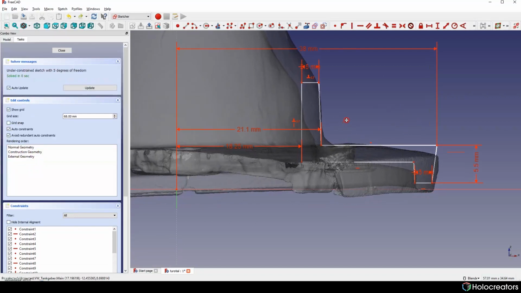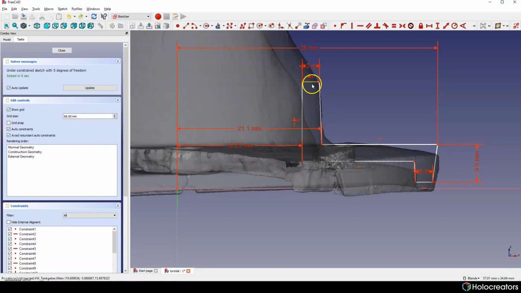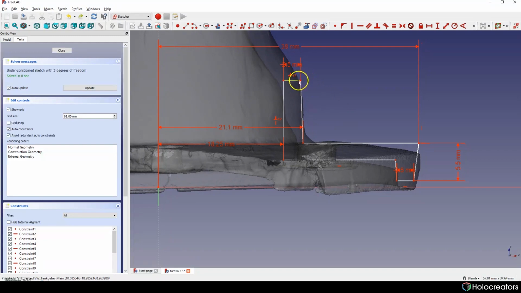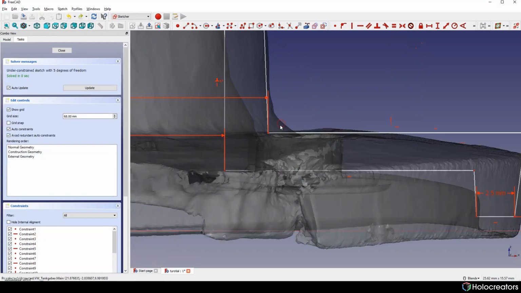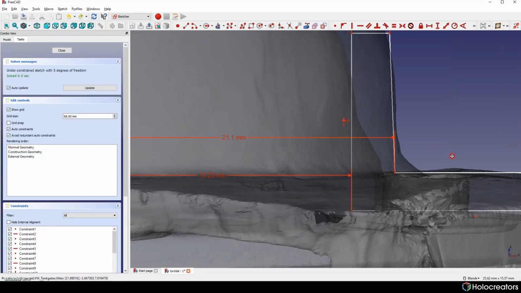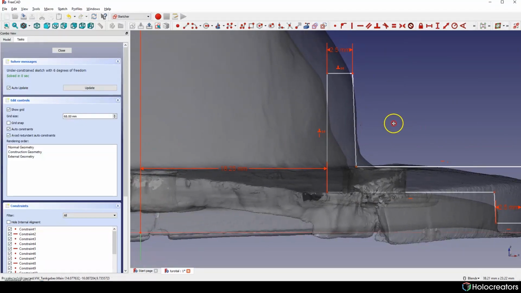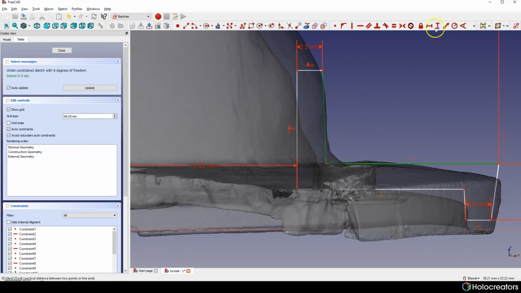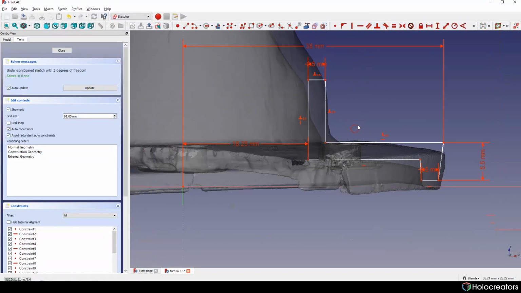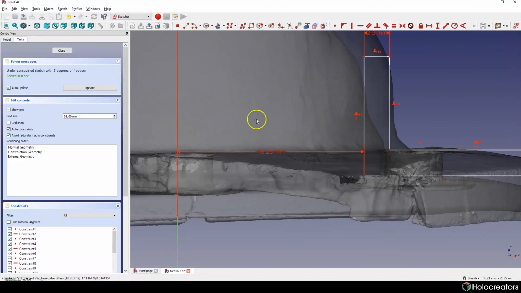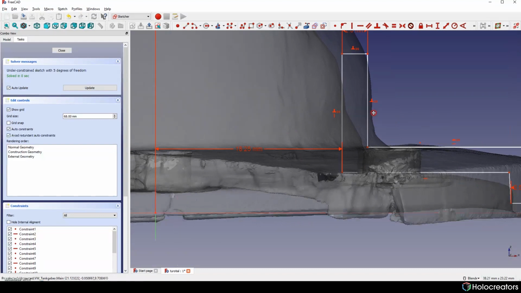So to avoid this problem, we need to change our measurements over here. Now it looks correct. Only thing, the thickness of wall is gonna be a bit smaller here.